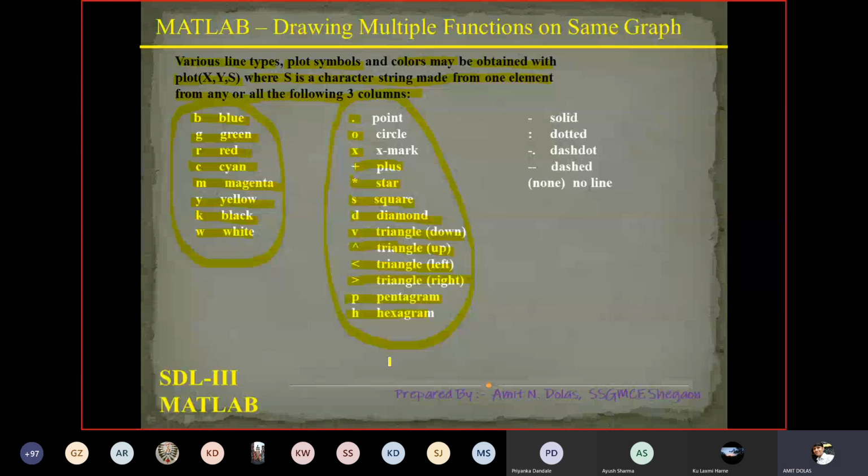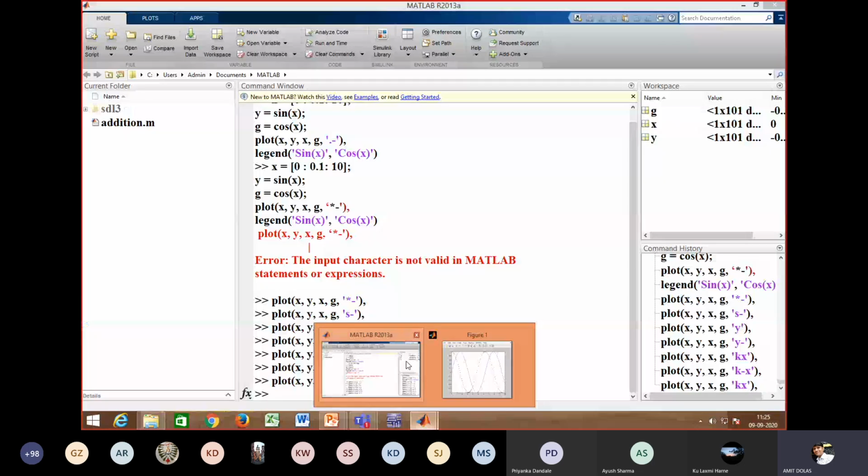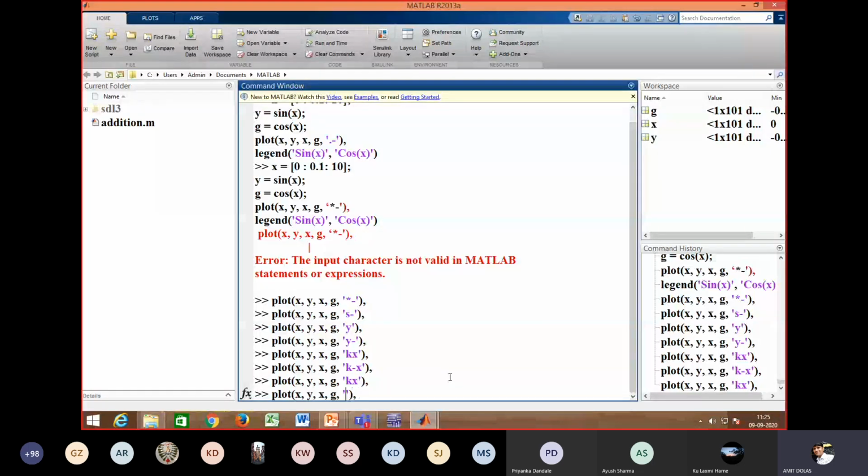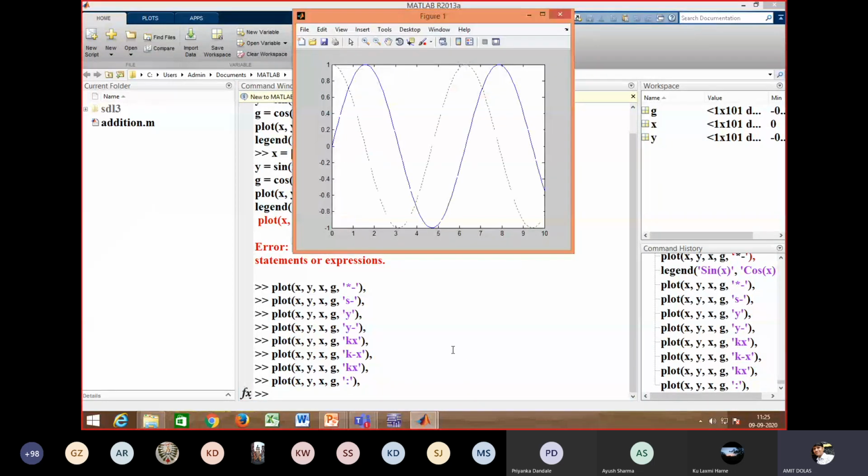First one is for color, second one is for marking, and third one is for line type. If it is a dash, then solid line. If it is a colon, let's see, I have only the colon, and check, so it is a dotted line.